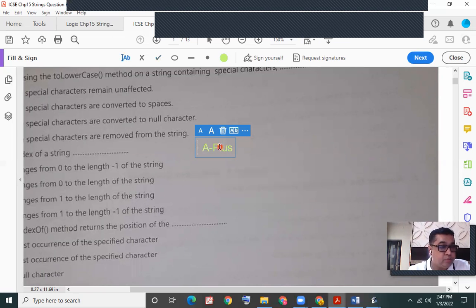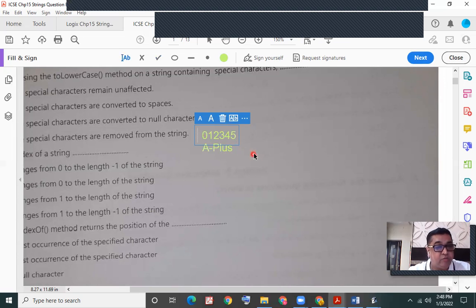They would be 0, 1, 2, 3, 4, 5. So starting from 0, if I count the actual length of my string, it is 6 characters.